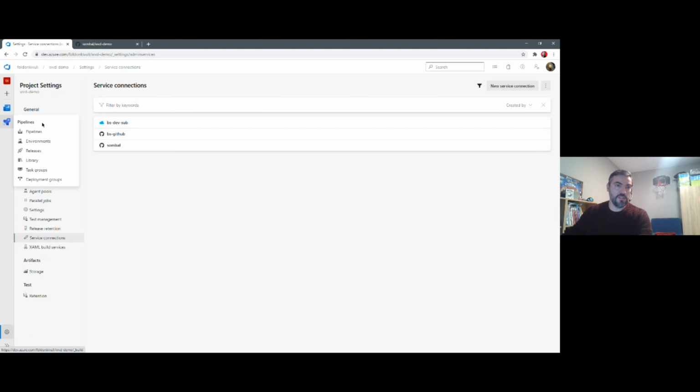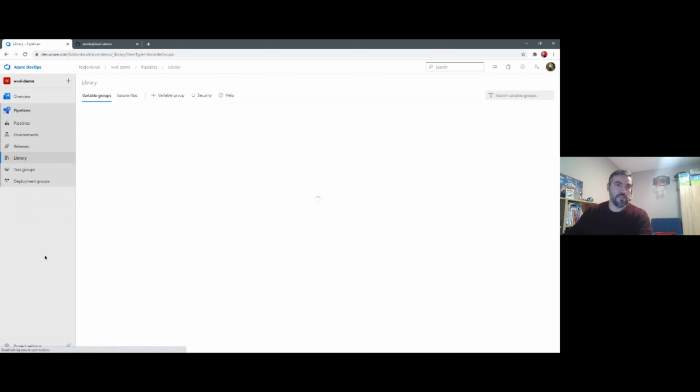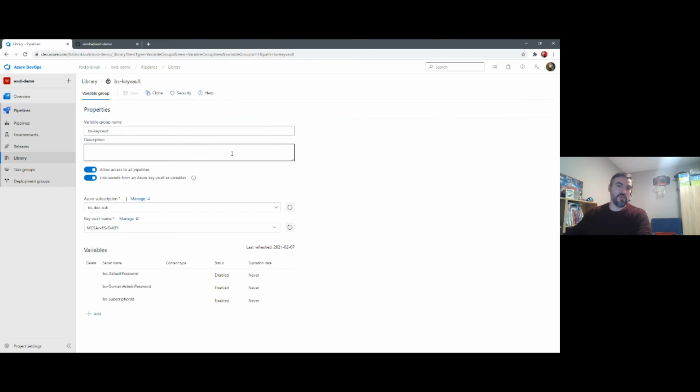Additionally, I also need to store a couple of secrets. For the virtual machine deployment, I need to have virtual machine credentials, as well as I need to integrate the virtual machines into a directory service, Azure Active Directory, Windows Active Directory. And that also requires the proper credentials. So there is a way to integrate the Azure Key Vault, which is a key store, and also an Azure resource. So we are using the service connection for Azure to integrate it, and I can actually